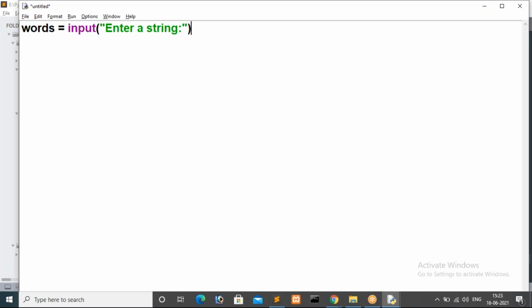Then in the same line I want to split that entire thing. I'm using split. So what is the default parameter for that split method, guys? You already know that, right? Split will separate a sentence into words.